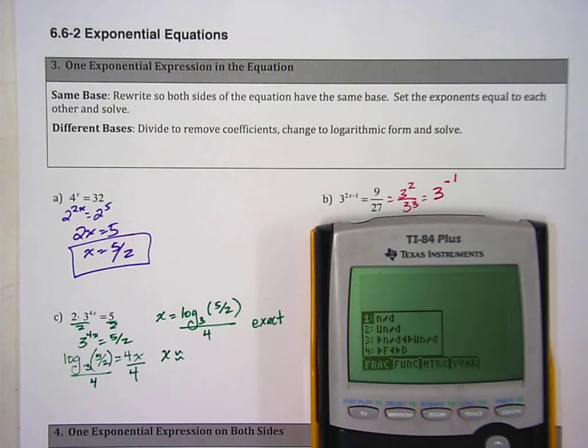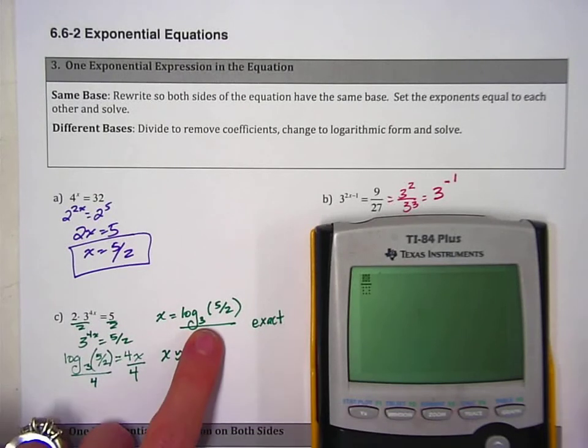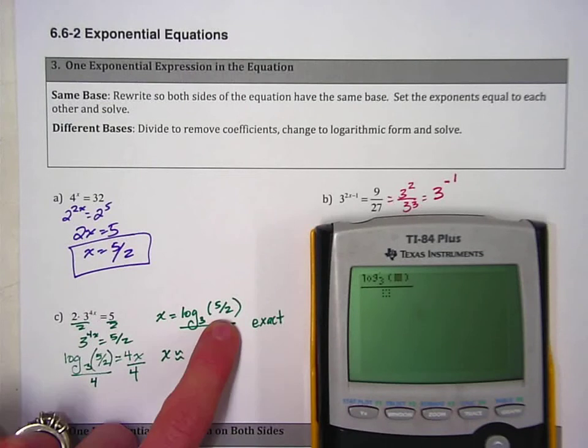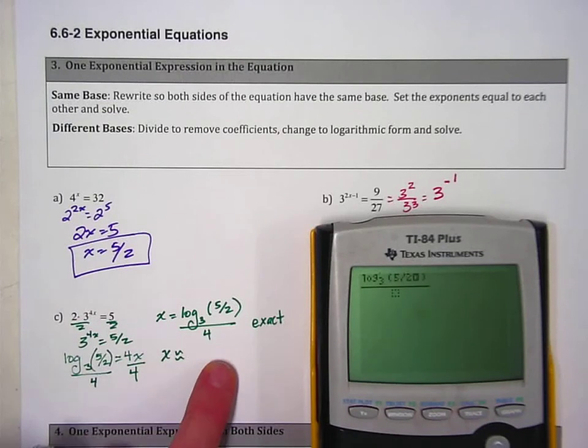It's that first choice there. And on top, we need this log expression, and you can go to alpha of 2, and then it's number 5. So it's log base 3, and inside the parentheses, our input is 5/2,